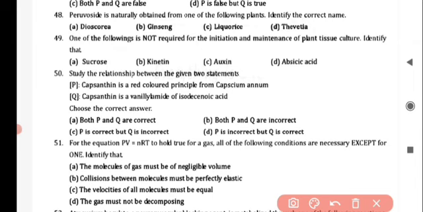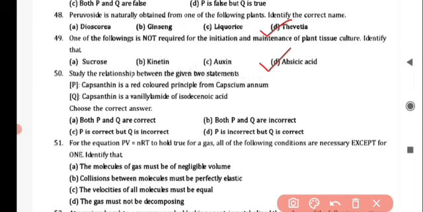Next question is Peruvoside obtained from one of the following plants. Identify the correct name, and the correct answer is option D, Thevetia. Next question is one of the following is not required for the initiation and maintenance of plant tissue culture. Identify that, and the correct answer is option D,